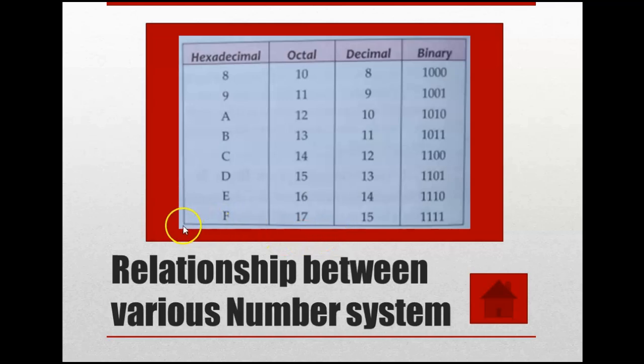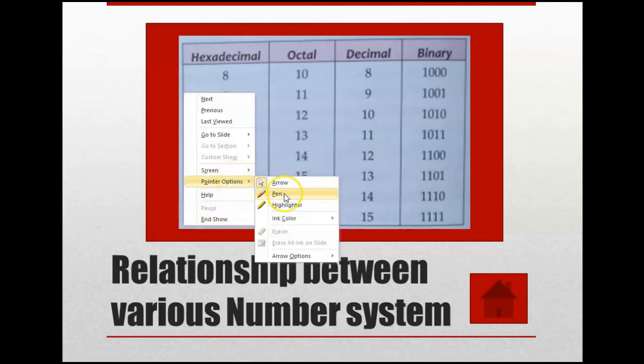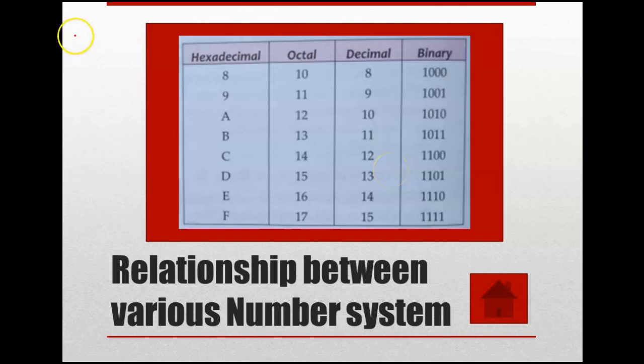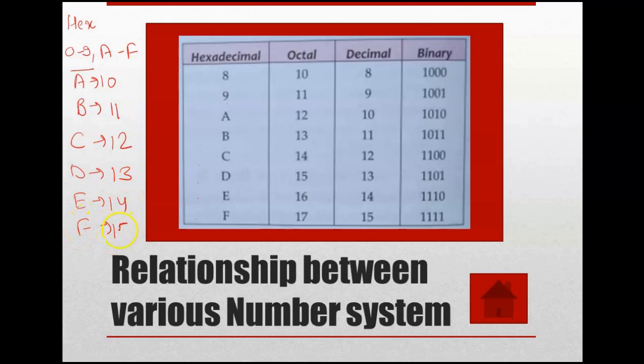Like that we have the other numbers also, the normal ones. So let us start with the other part. For the others, if you remember the hexadecimal, again let me write it down. It is from 0 to 9 and A to F. So 0 to 9, okay. So 8, 9, 10, 11, 12, 13, 14, 15, right? In case of hexadecimal, it works till 9, and then A is equivalent to 10. Then for B you write 11, C you write 12, D you write 13, E you write 14, and the last, F, you write for 15.